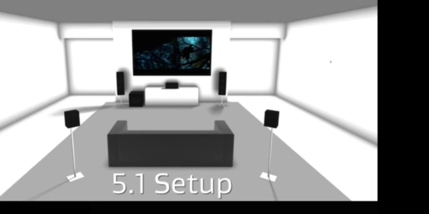Let me know. So let's start off with this 5.1 setup. I believe it started off back in the Dolby